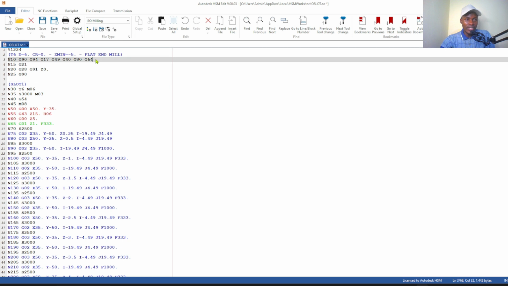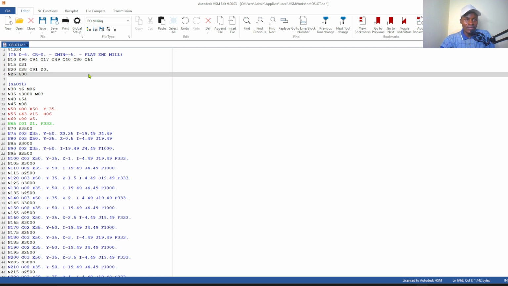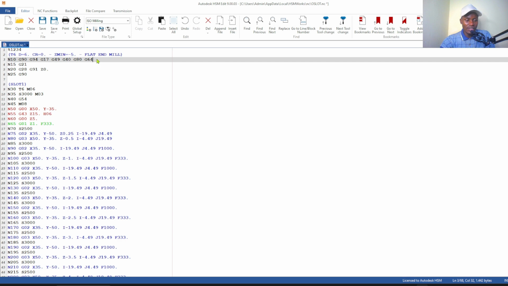Then we'll add G64 to activate continuous cutting mode. So what this one does is it instructs the machine to move smoothly between programmed points without stopping for perfect corner accuracy.